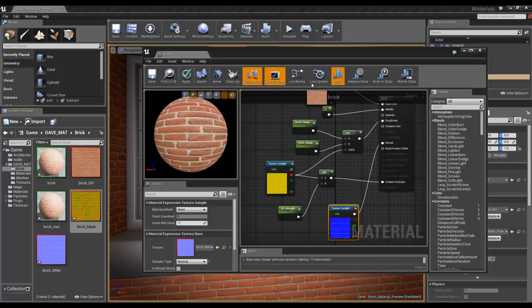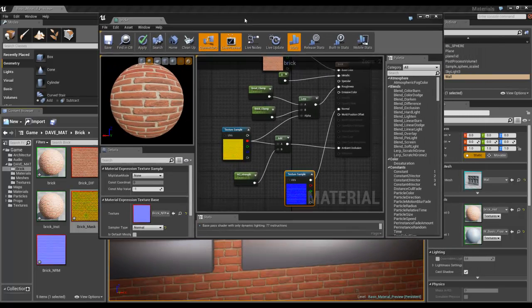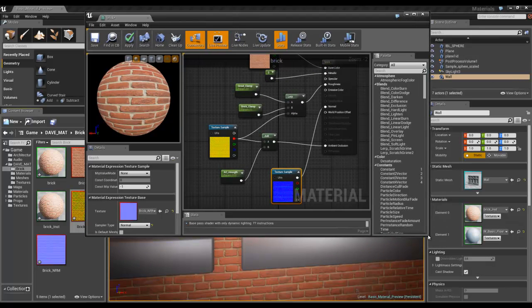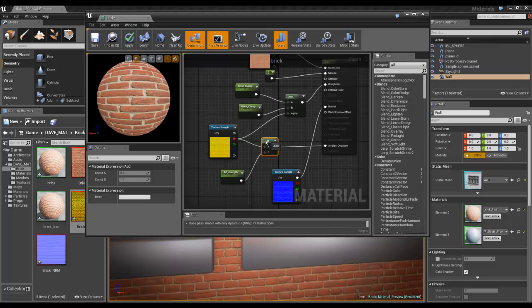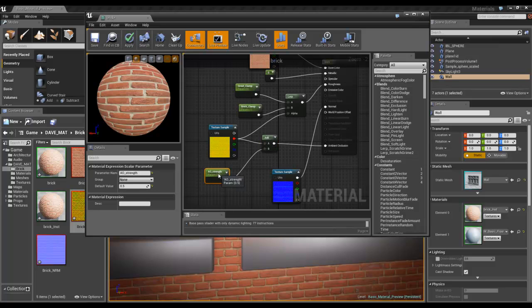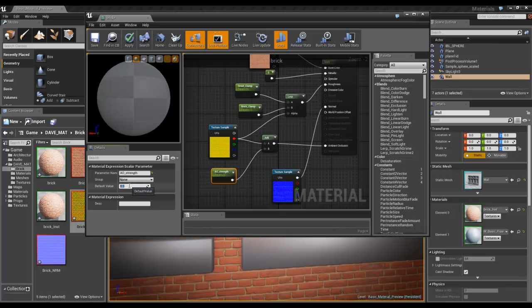So in this video I'm just going to add an extra couple of bits to this brick texture. The first thing I've added is in here. I've added an add node and given it a parameter. This is basically to lighten up the AO because I thought it was a bit dark. So if I set this to 0, which is basically what it's like without this node being attached,